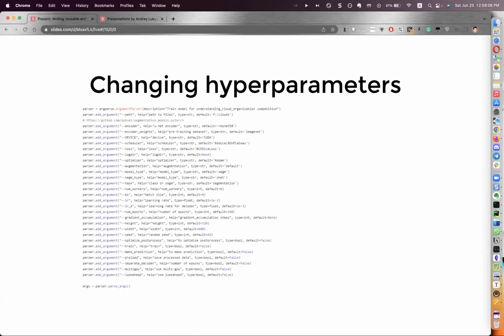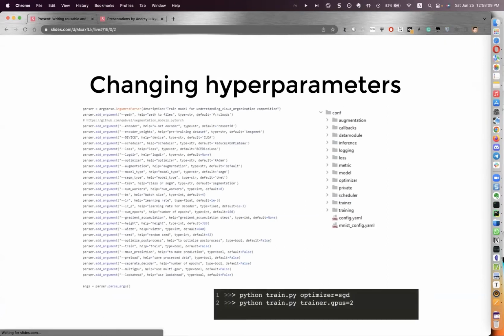Again, I talk about changing hyperparameters. I just want to say that there are multiple approaches to it. One of the most popular ones is using argparse. It's when in your main training script, you have many lines with your parameters and you change them there, but it isn't very flexible. It isn't very easy to find the parameters there. So I recommend using configuration files. In fact, it isn't really necessary to have many configuration files like in my code. Many libraries prefer to have a single huge configuration file, and it's fine. I think anyway, this is better than using argparse.